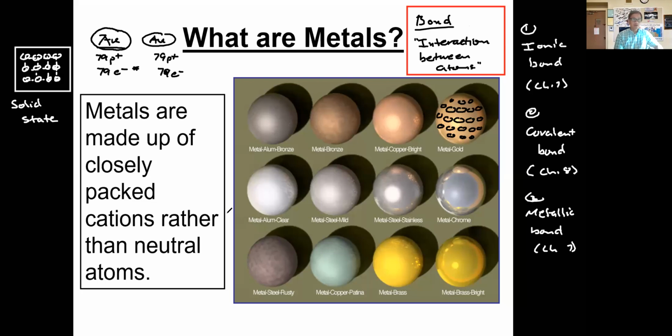The way you can imagine the interaction, that is the bonding between metal atoms, is that we have a series of cations. Why do we refer to these as cations? Because we're talking about the protons. Let's imagine we have 79 protons here. Let me go ahead and draw that interaction down here. Let's imagine a gold atom here and a second gold atom there.